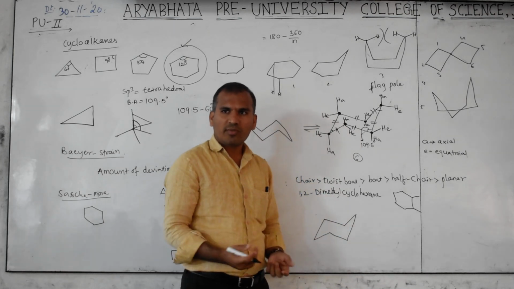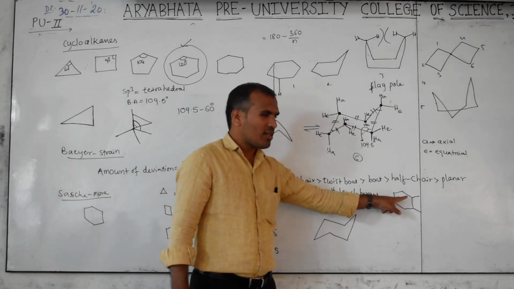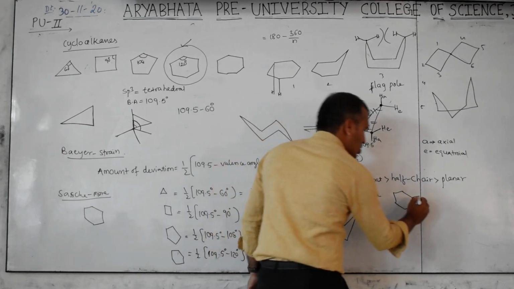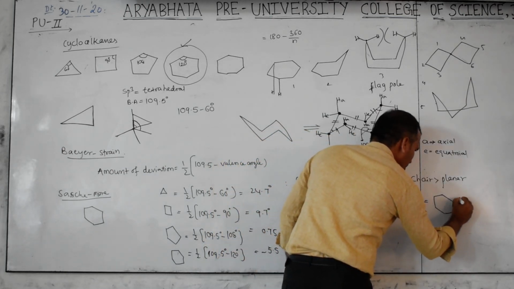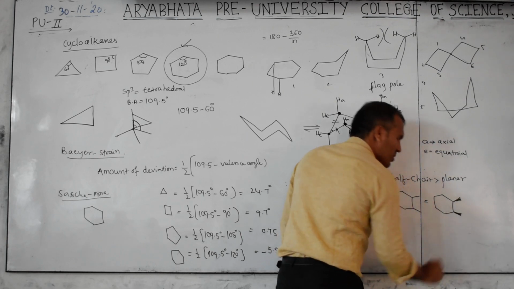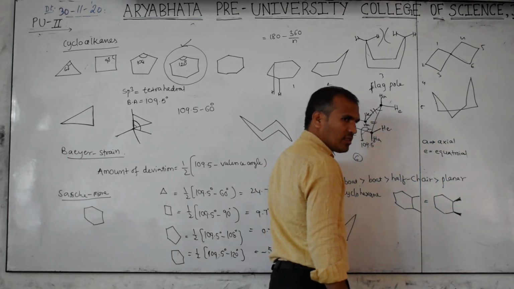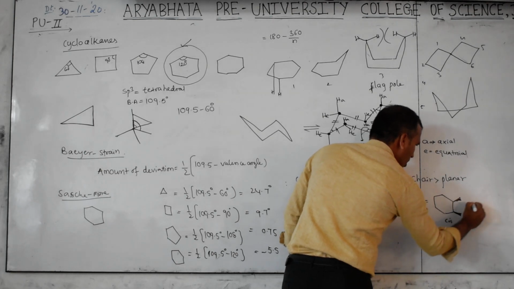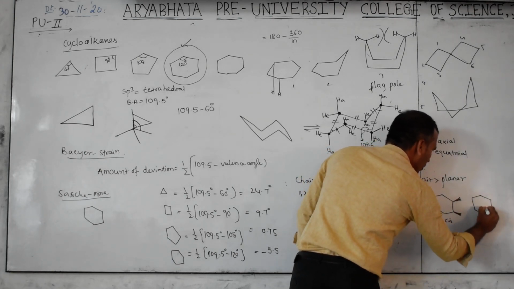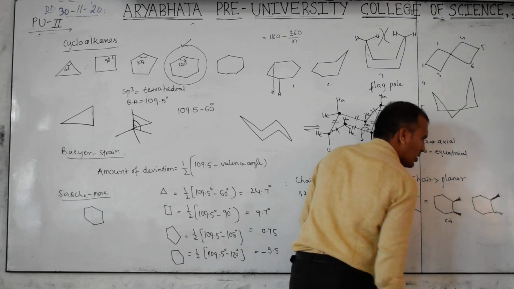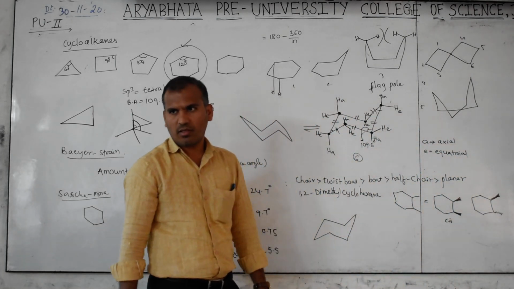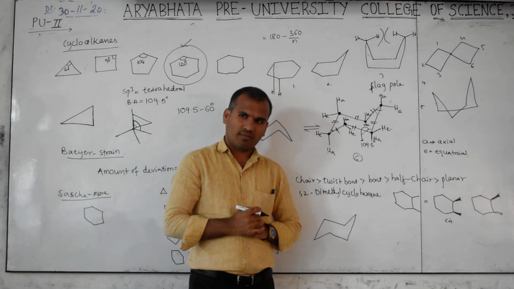But when you are problem solving, this may be cis also, trans also. How to write the cis form? For example, this is given, like both are same or not? Then what do you call this? Cis. If it is given like this, then this is which one? Trans. Now here we have to represent.